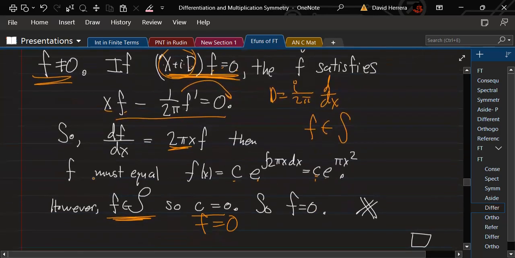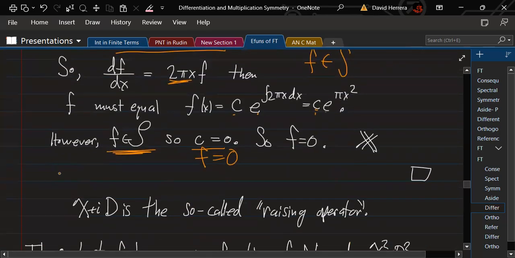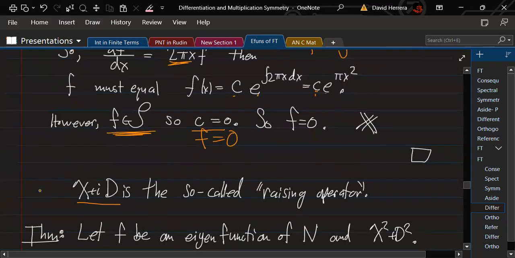Okay, so that completes that idea. So this is what they call the raising operator, and I'll talk about that a little bit. So basically, the idea is that